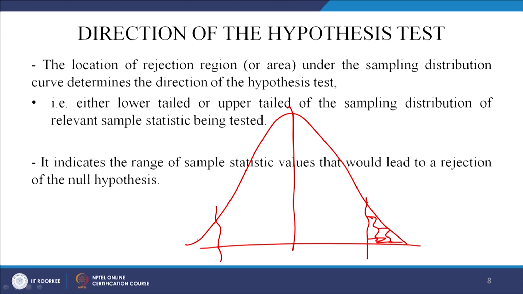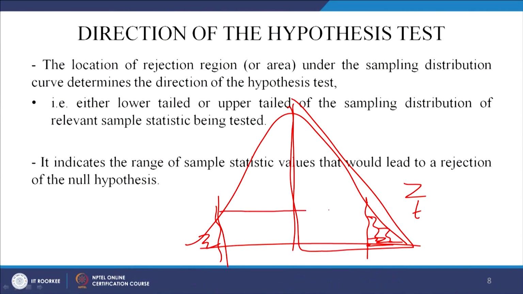Suppose a two tail test, it is these two sides. If it is only one tailed, then I am bothered about only one side, whichever, right or left. So, that will decide whether my mu falls beyond this. If my calculated statistic value, the z value or the t value, comes beyond this region, then we say it is falling away from the acceptance zone, which is up to this much, and therefore it is to be rejected. So, the null hypothesis is rejected and the alternate is then accepted in that condition.